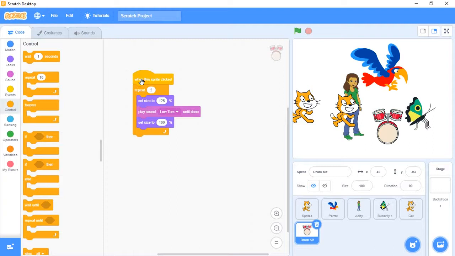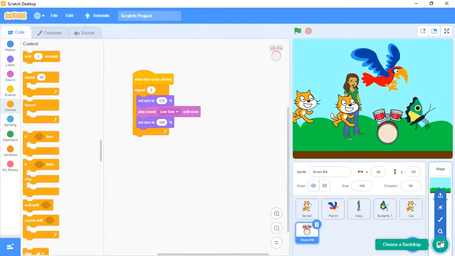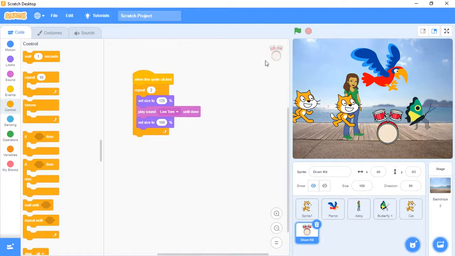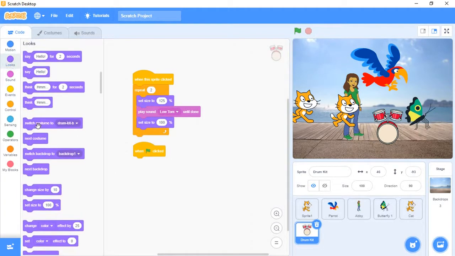Next one is switching of the backdrops. Now if you want the backdrops to be switched from one backdrop to another backdrop, select the backdrop over here. First I will select blue sky. Another backdrop I will select. Like this. Now select the event. Next look, this is switch backdrop.